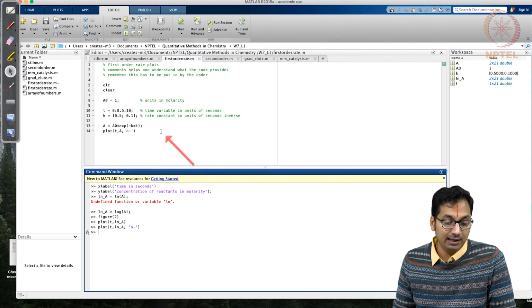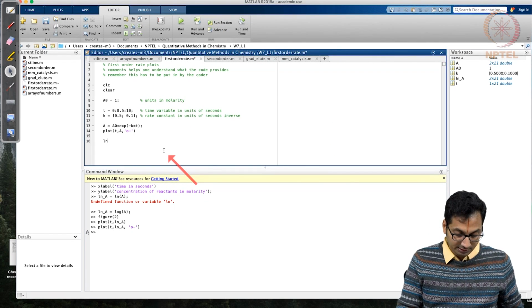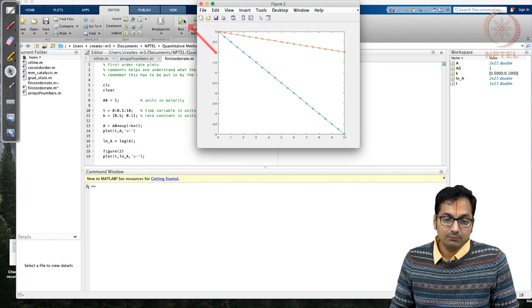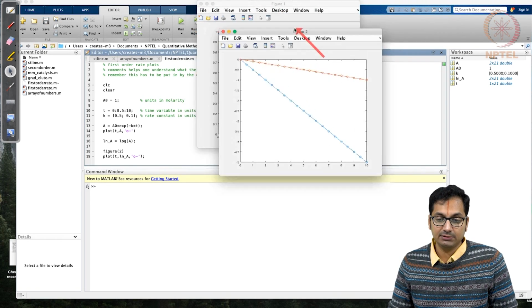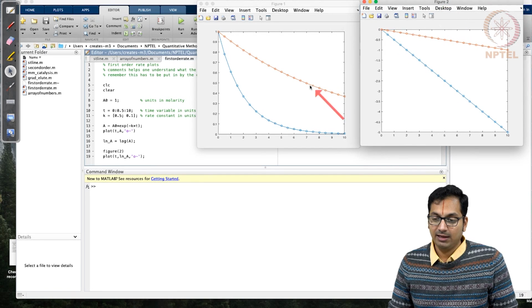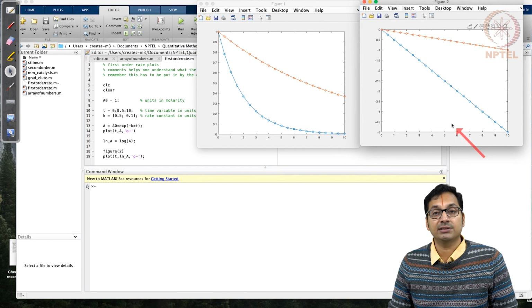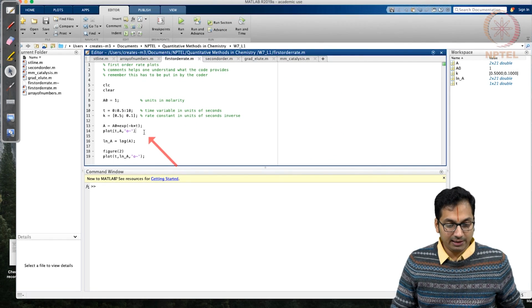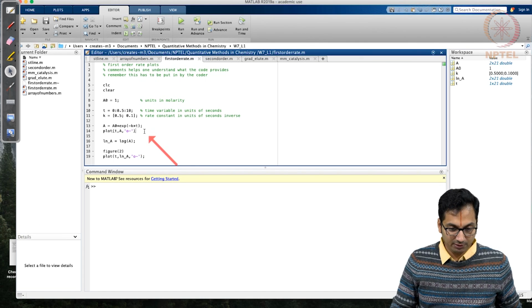So what you are able to realize is that this code can also be put back in. So I can write ln A. Next time this also gets done automatically. So what ends up happening, you have two figures, figure 1 that shows A as a function of t, the other one that says ln A as a function of t. So we can close this as well, and we can start adding even more details to this plot so as to make your life easy.